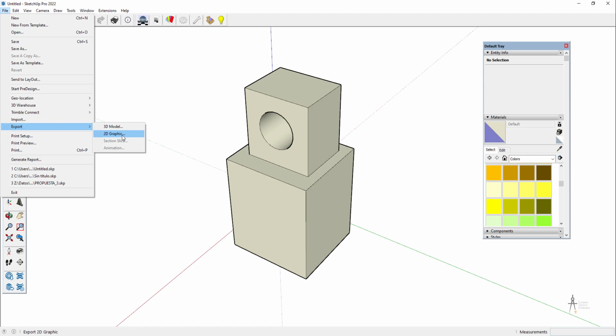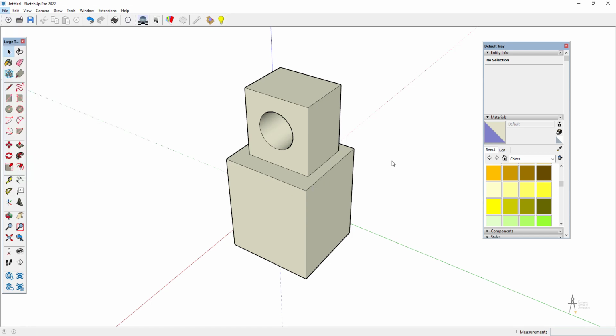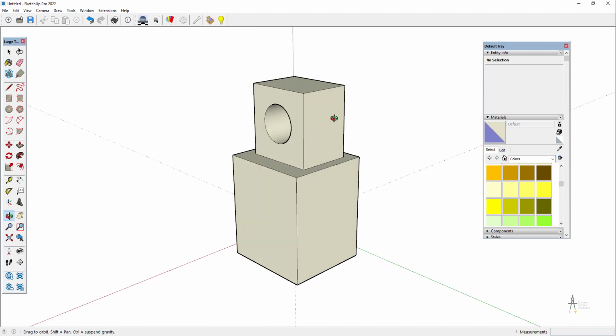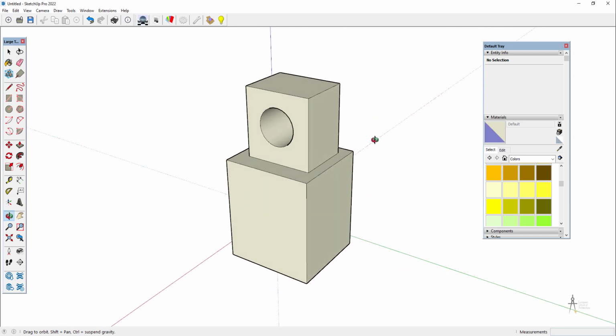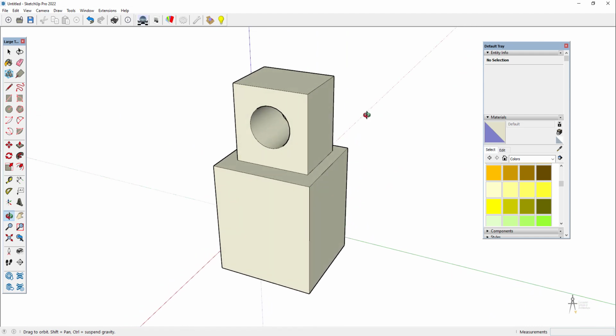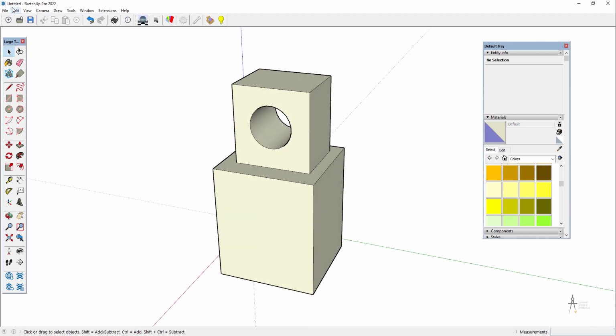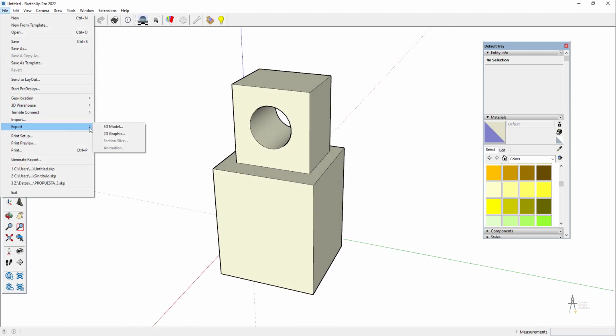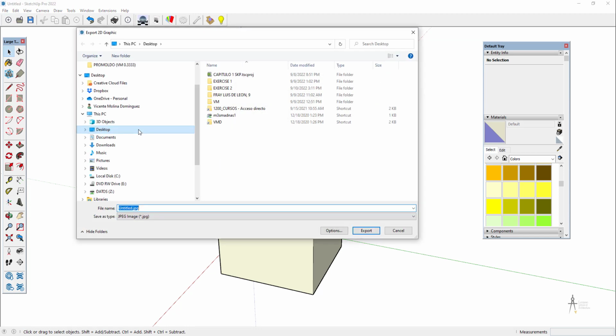Okay, 2D graphic, well, what its name indicates is an image. So you've got to be careful with the image you select, because it's going to select whatever you have on screen. So if I leave it as it is and export 2D graphic,